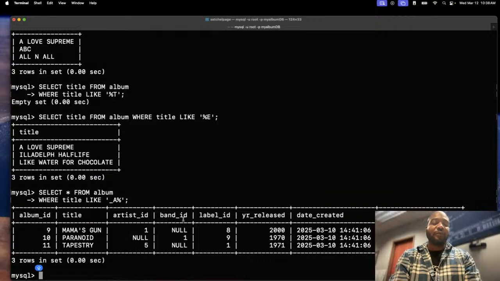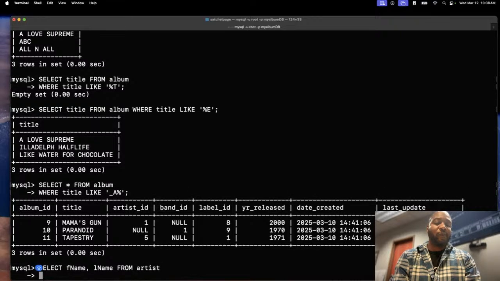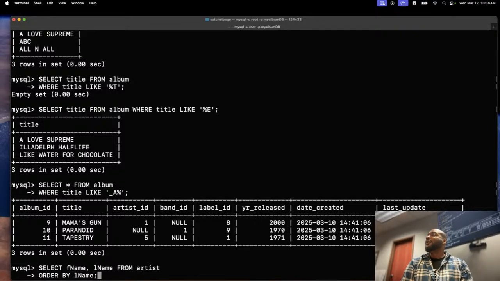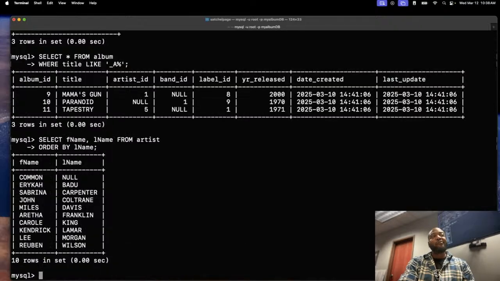So let's come over here. I'm going to say select, give me the first name, so F name, comma, L name from artist, order by L name, semicolon. So this is going to return the first and last name of every artist, but it's going to order it by their last name. And when I hit enter,